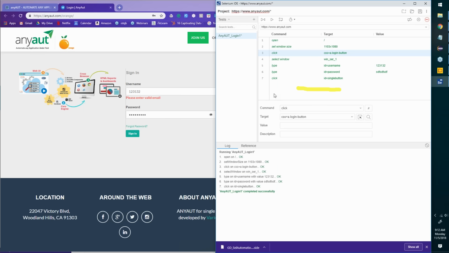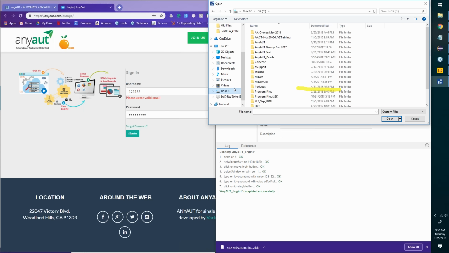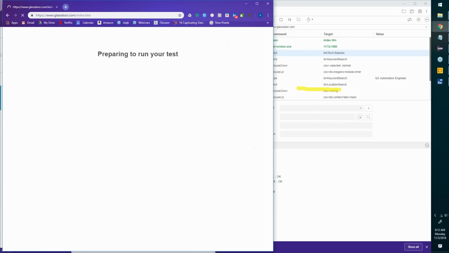Now, let's open that earlier project that we did. C drive, ACT. How did I save that AnyAUT? And now here, if you notice, let's rerun this test. The same log that you saw was all green would now probably have a red out here and it would stop. So this was the log from AnyAUT login. That's fine. Here is where we're starting the new one. This is okay, this is okay, this is okay, and this failed, team.